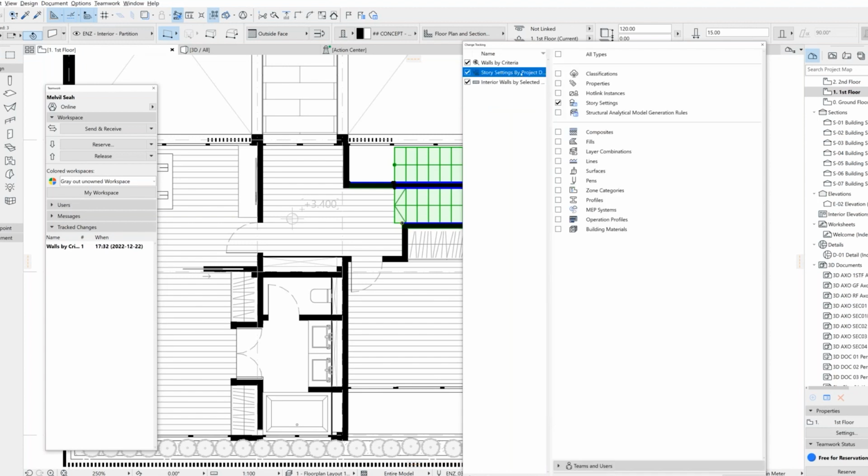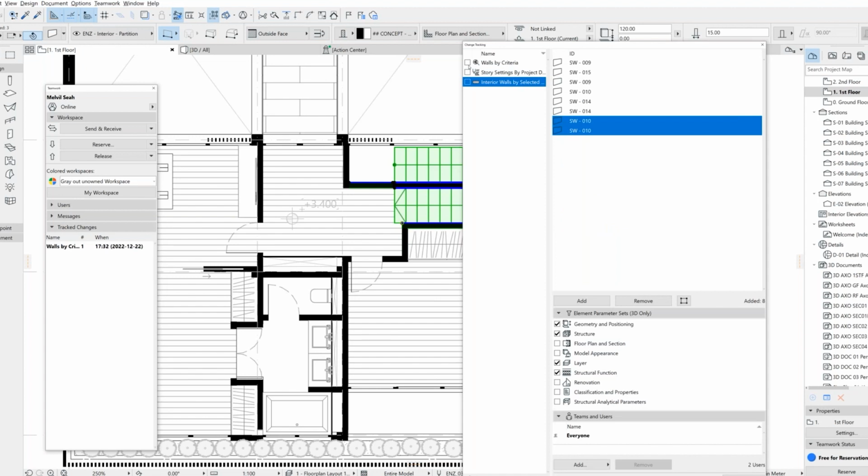And the last one will be by project data. For project data, these are the different types of project data that you can monitor. In this case, I just want to monitor if there are any changes to the story height. So I'll just click on this. Once you have created your 3 subscriptions to changes, over here it shows you there are 3 checkboxes. If I uncheck them, it will just make the subscription temporarily unavailable, and I can click apply. Right now I want to subscribe to change tracking, so I just click apply now.